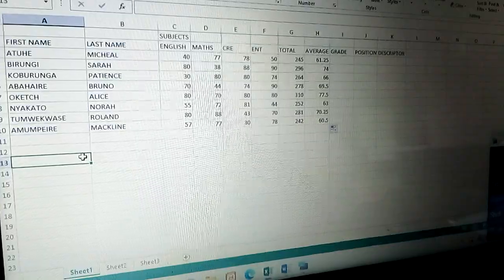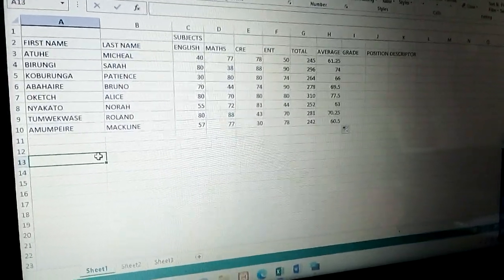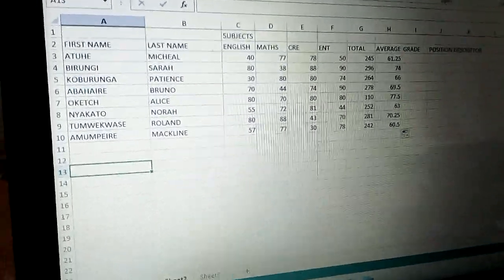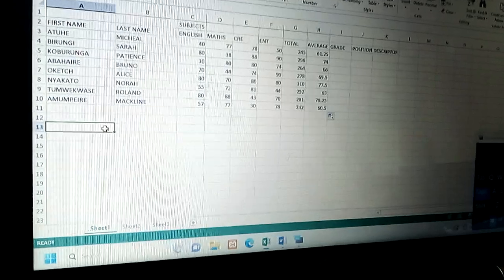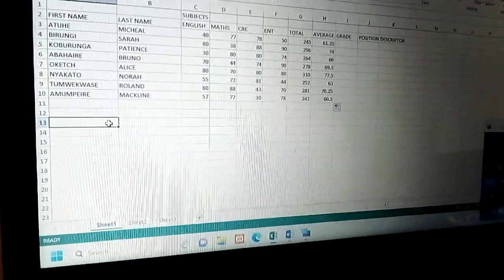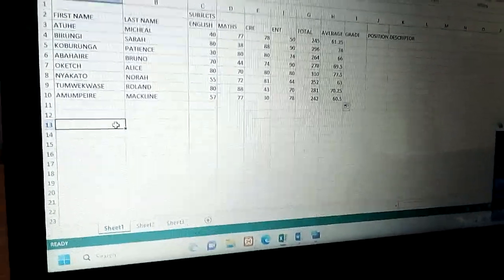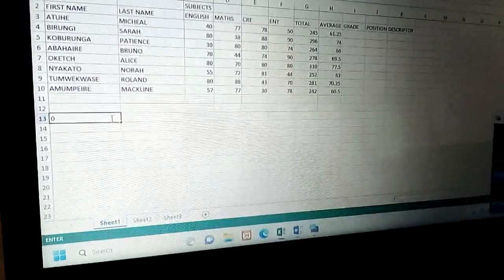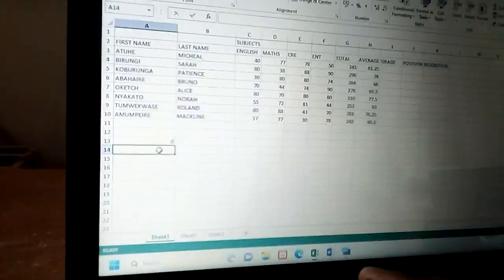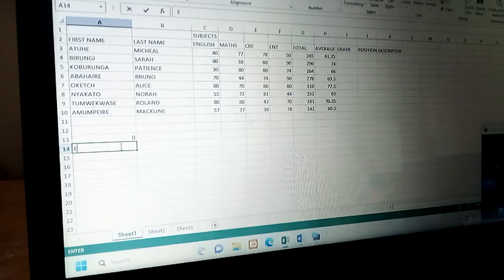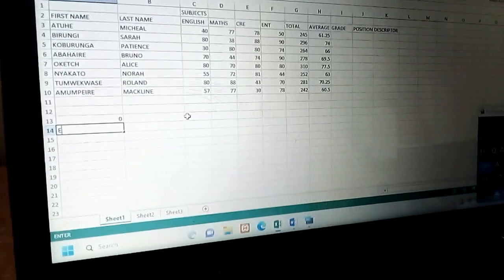each row. So here we shall put a table related to this one, where we shall put the range of marks. For example, we say if a student is to get maybe an E, it is from 0 to a certain value, and we say this one shall get E as our maximum, because we are supposed to have E as the last score.